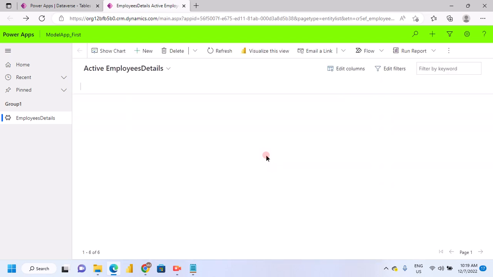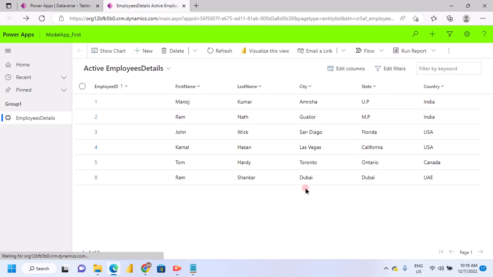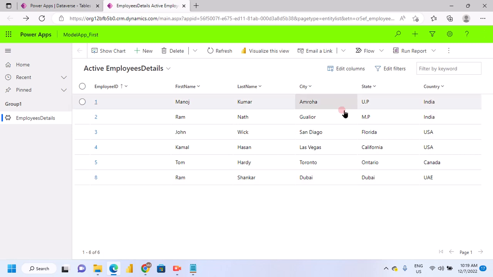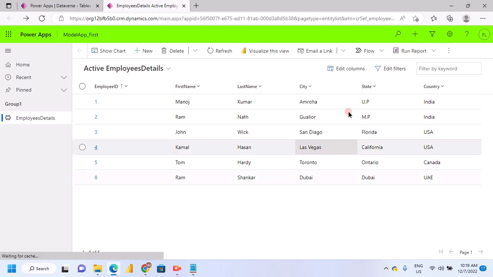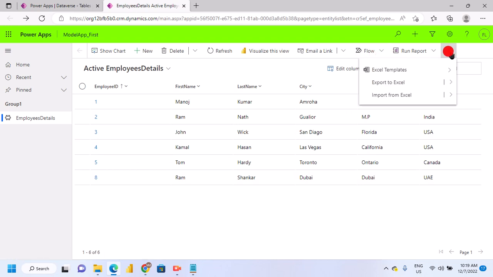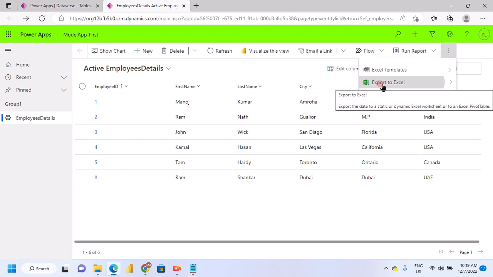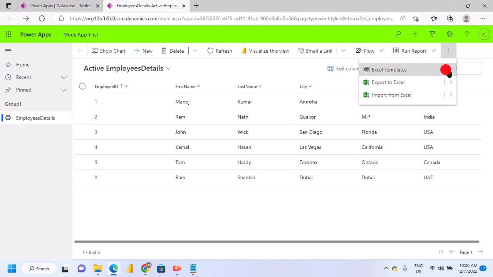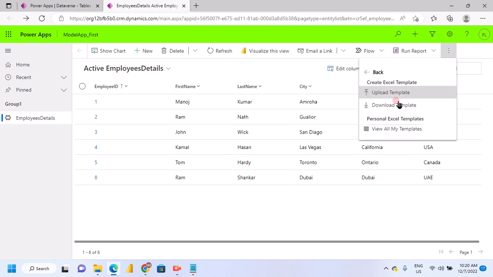And this is the export to Excel. So if I export it, an Excel template is created from loading one, and download the template, and upload template and download template. You can download from here, and in Excel you can also upload it here, the view all my template. So basically we can download it, employee detail, active detail. So download,